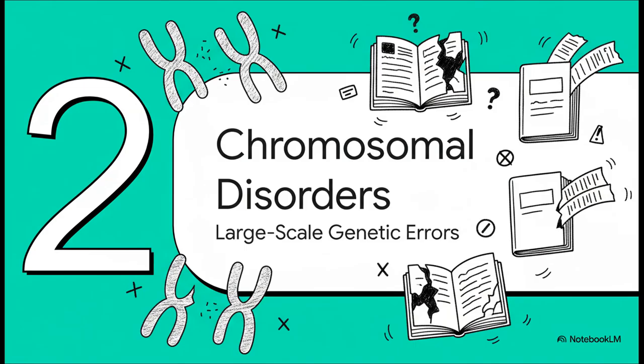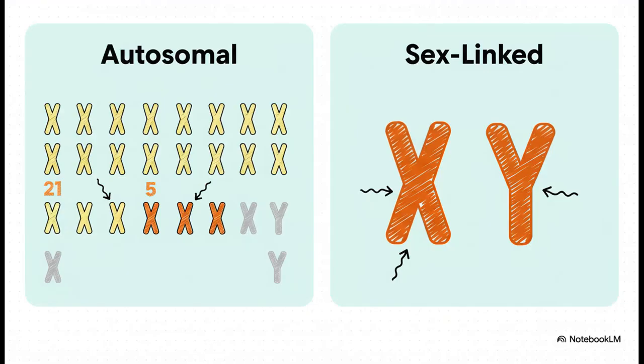Okay, let's start with the biggest possible errors, the problems that happen at the level of the entire chromosome. This isn't just a single typo. This is like a whole chapter of the instruction manual being missing or duplicated. The first way we split these up is pretty straightforward. Does the error involve one of the main 22 pairs of chromosomes, the autosomes, or does it involve the X